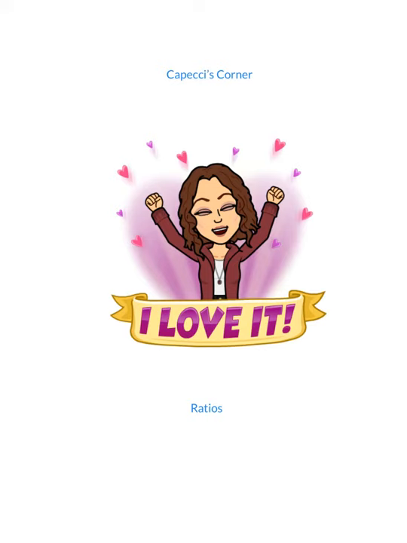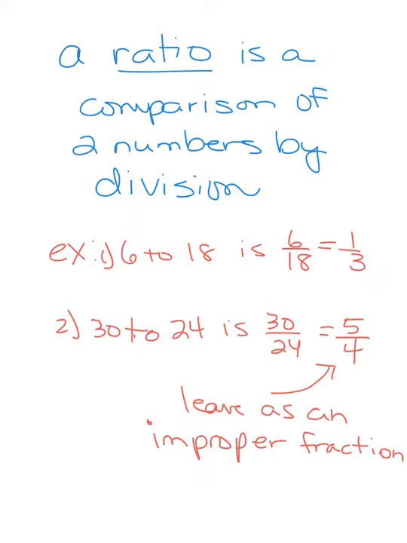Today in Cabechi's Corner, we're going to look at ratios. A ratio is a comparison of two numbers by division. For the first example, we have 6 to 18, and then we write that as a fraction. The first number is going to be our numerator, and the second number is going to be our denominator. So we have 6 over 18 in fraction form, and again, in the end, we're always trying to simplify, so